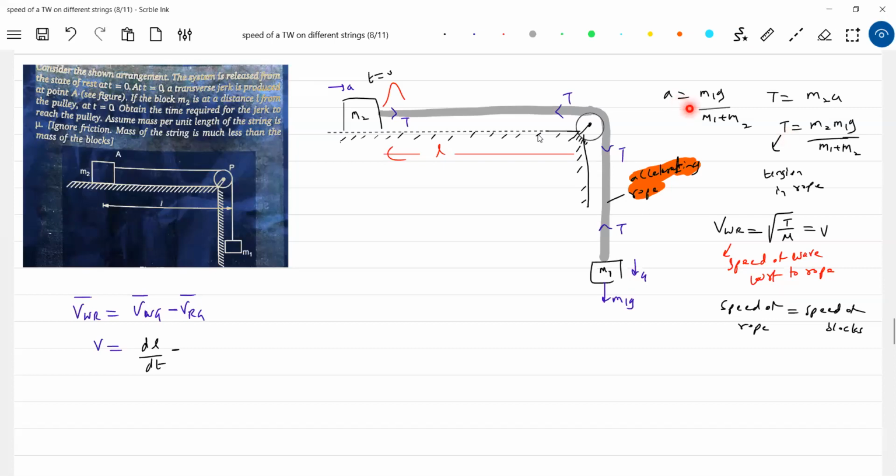Uniform accelerated motion. So what is the speed of the rope with respect to the ground? It should be this much. All the things are towards the right, so naturally they'll be positive. So dl by